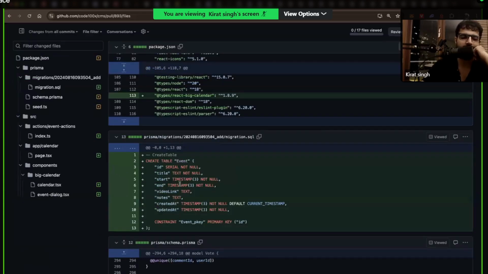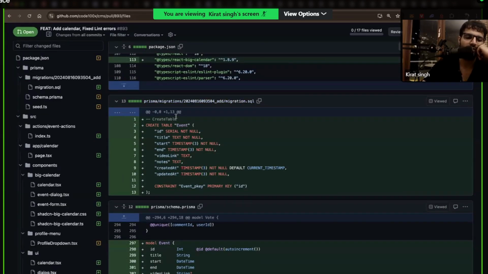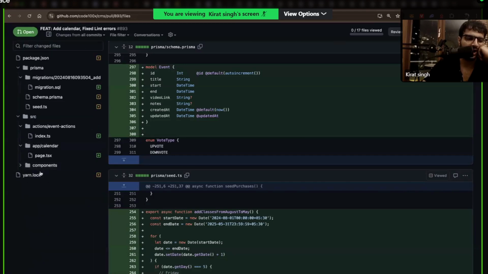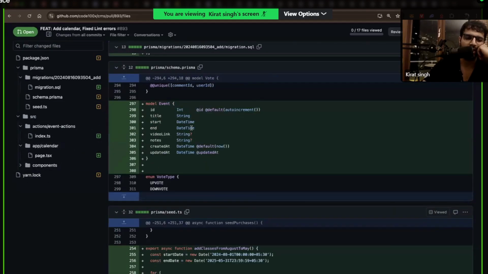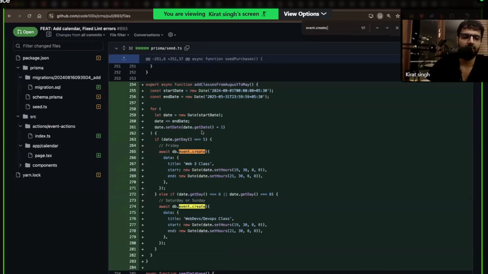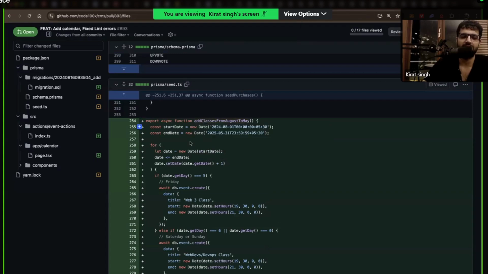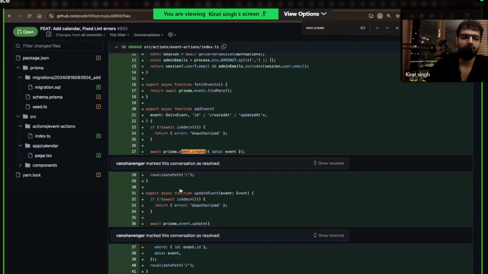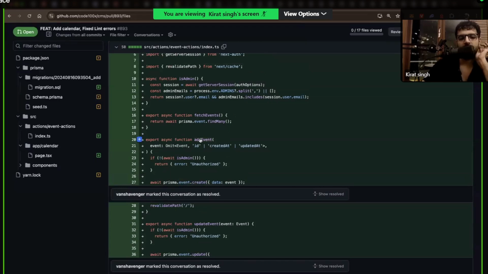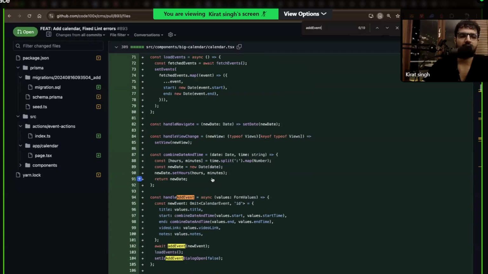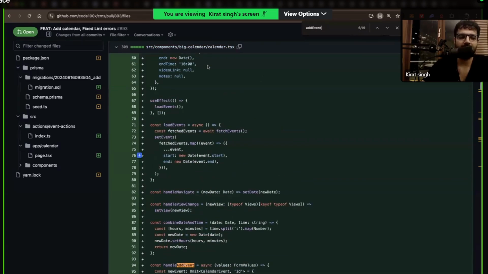Who has access to create the events? Let's see. I can just read through it. I don't see any changes in slash admin, which makes me a little anxious. Can anyone add this event? Event.create, add class from August to May. What is that function name, bro? Oh, it's in CS. Never mind. Sorry. Event.create. All right, there we go. So this add event function is called where? It's called here in this calendar.tsx.